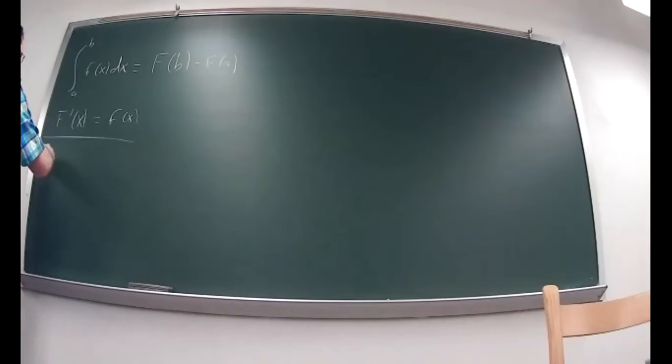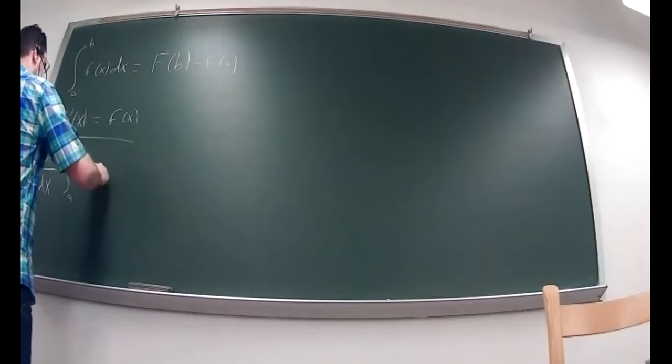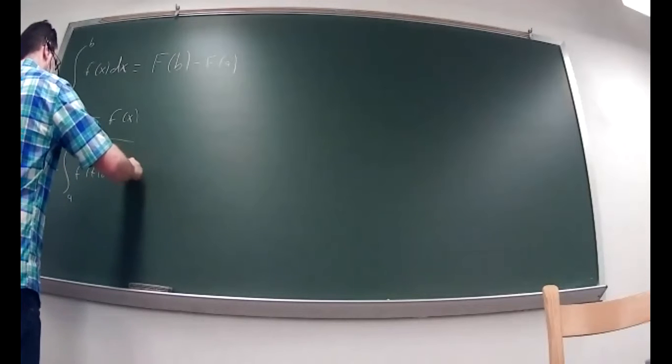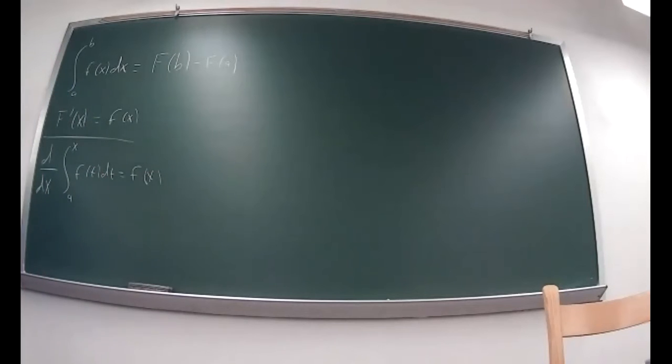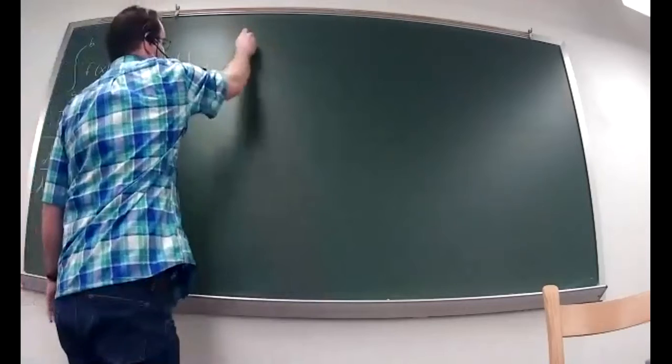And the other part of it says that if you take the derivative of an integral going from a constant to the variable x of f of t dt, that's going to be nothing but f of x. So those are like the two parts of the fundamental theorem of calculus. But if you go back to where this was originally motivated from,